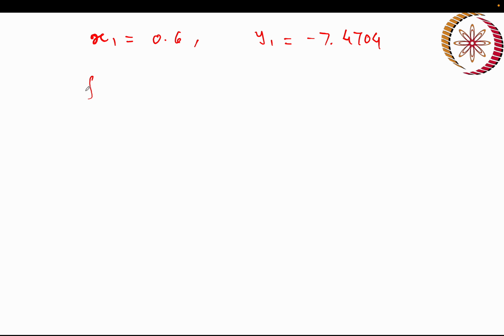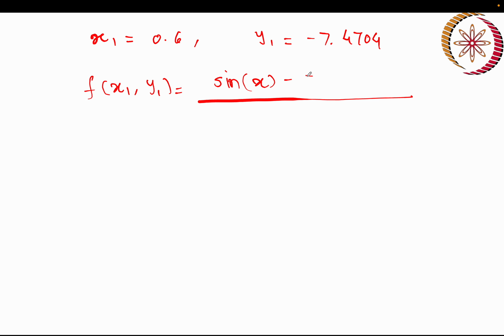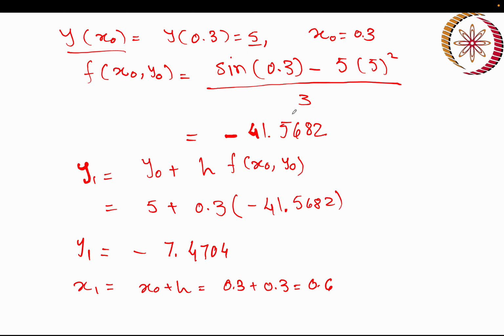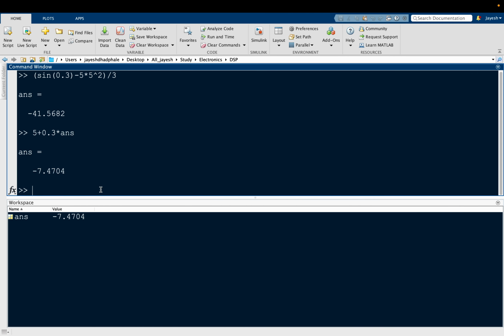Okay, so f at x1, y1 is sine of x minus 5y square by 3. That is sine of 0.6 minus 5 into y1 square, minus 7.4704 square by 3. So if we do this calculation,